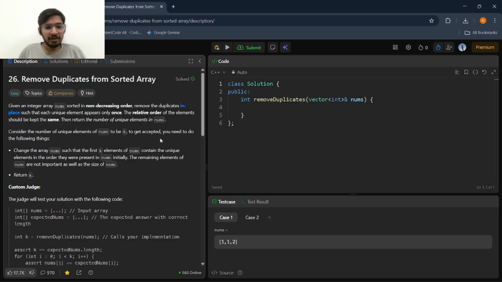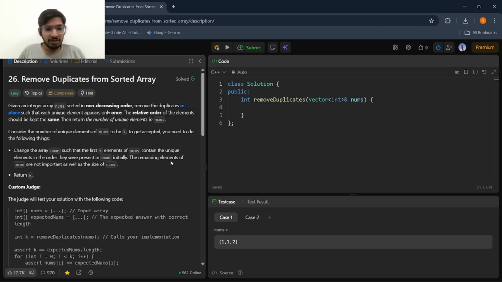To get accepted, you need to do the following things. Change nums such that the first k elements of nums contain the unique elements in the order they were present in nums originally.